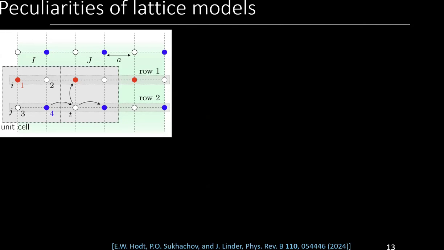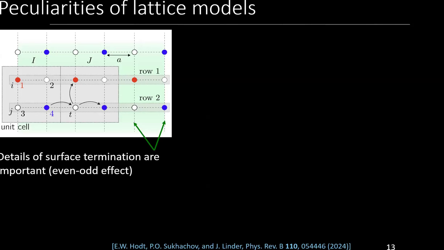Well, I was able to check whether the same result holds in the Max model. And there are different features here. First of all, there is a strong dependence on how we terminate this ribbon. This effect is known in antiferromagnets as odd-even. So essentially, it's whether you terminate the boundary on the spin-down or spin-up sides. From there you can either create uncompensated unit cells as a boundary, or you can have completely